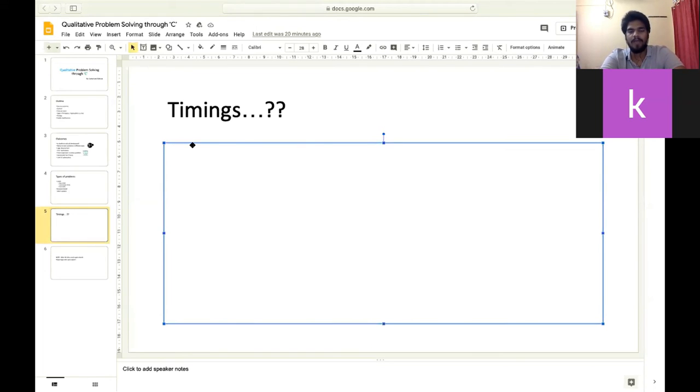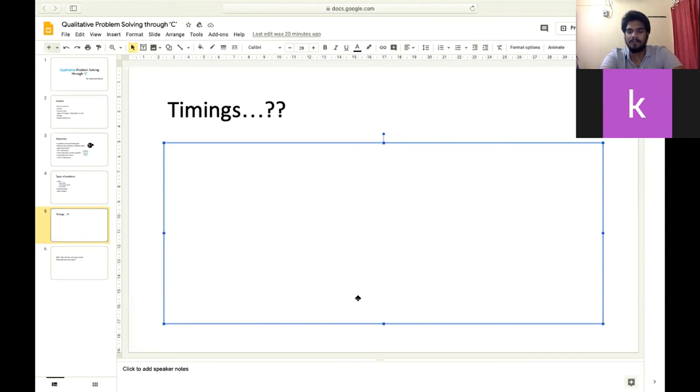We have 10 more minutes left. If you have any doubts, you can text here or you can ask us. And don't worry about whether we are going to deal with it from the basic level or not. Definitely, we are going to deal with it from the basic, scratch level, so that each and every one will understand.